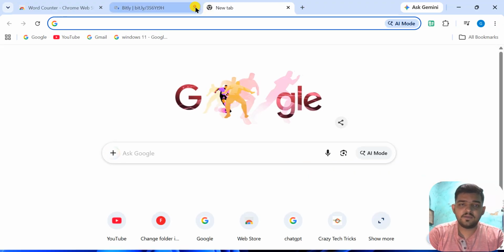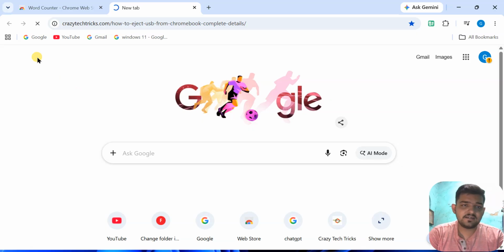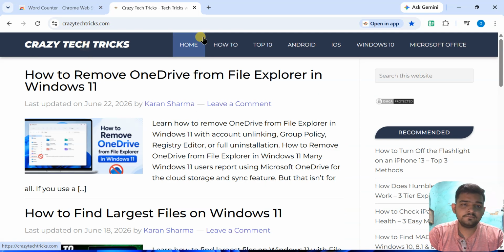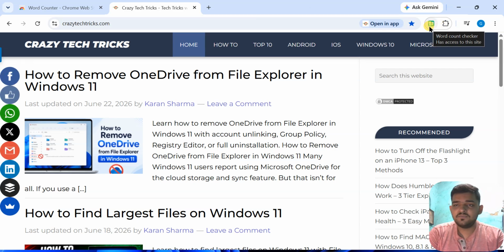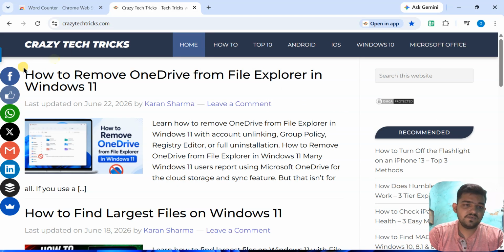Now open any website or web page where you want to check the word count. Now click on the word count extension. It will show you to paste the paragraph to calculate words. So firstly we will paste